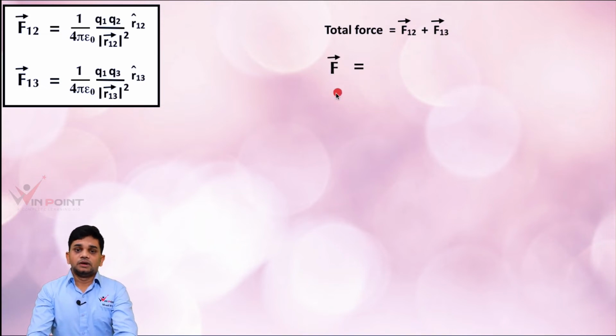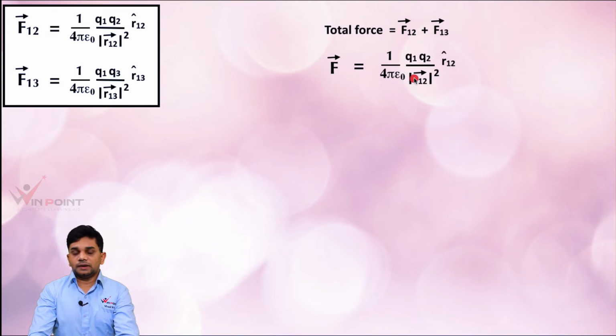Okay, so vector F equal to, what is the equation for this F12? Here we have the equation. So we can write it 1 by 4 pi epsilon 0 q1 q2 by modulus of vector r12 whole square into unit vector r12. So this part is over. Okay, then second part F13. We have the equation for F13. So we can write that plus 1 by 4 pi epsilon 0 q1 q3 by vector r13 square into unit